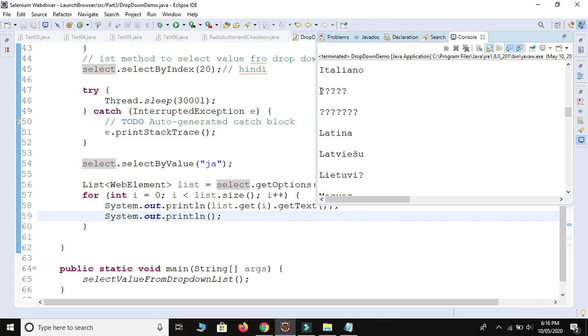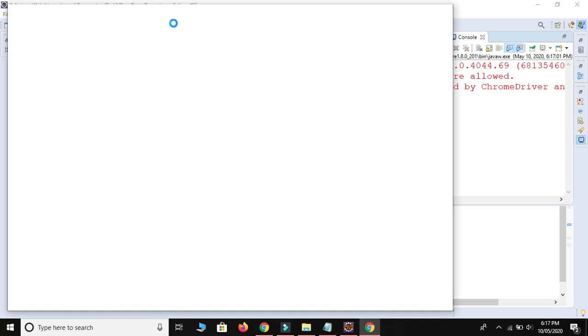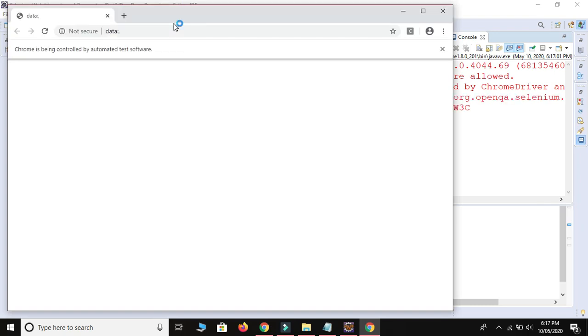So it will print question marks here. Okay, let me show you one more time, and I will show you how to solve this problem also. How to print each and every language on a console, even Hindi, Gujarati, Marathi, Tamil, Telugu, Arabic language. Okay, so let me execute.